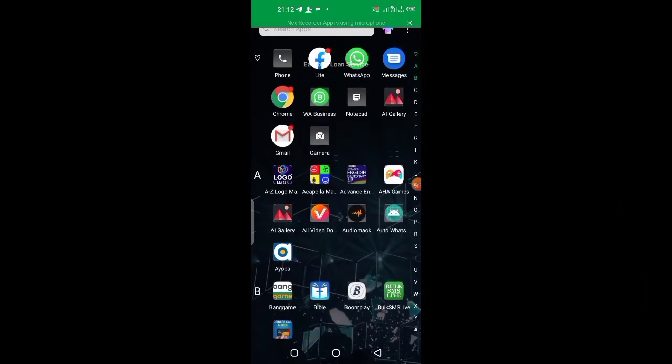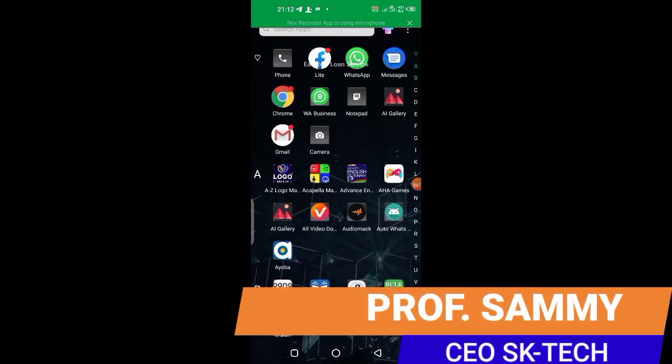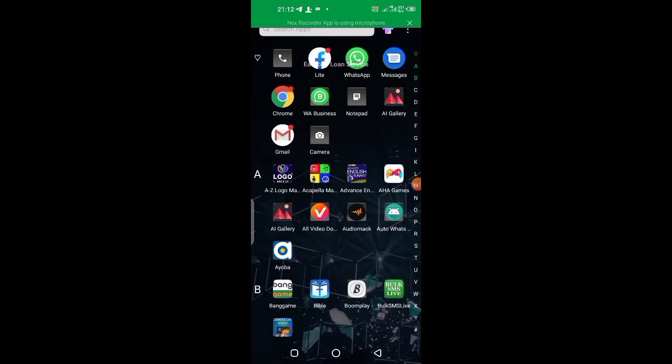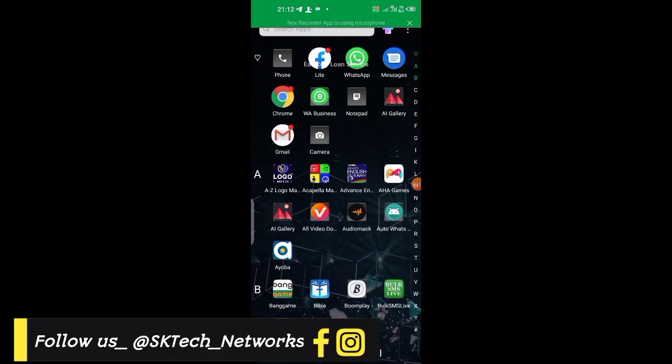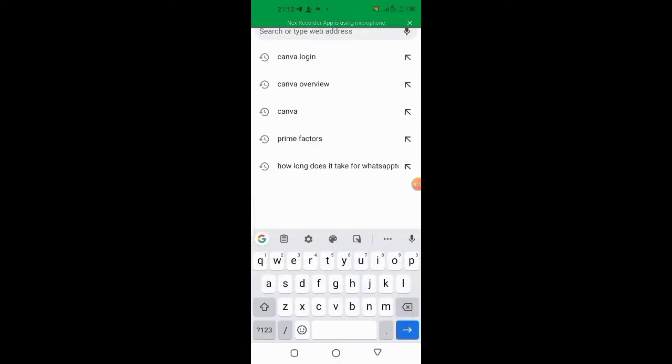Guys, a bonus video: editing, how to edit your photo, remove the background and change the background. Very simple. Okay, so go to Chrome, make sure your data is on, type